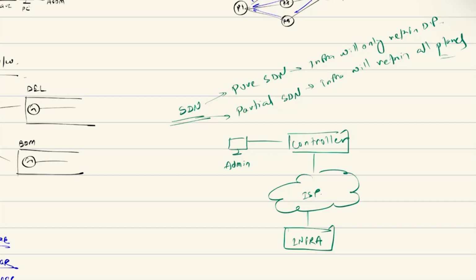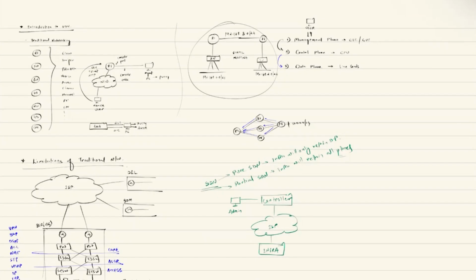So we're going to understand how this partial SDN really works, and how all these tools can be installed on your machine and make communication possible for you, right? That is what we're going to look at, and this is what SDN is all about.